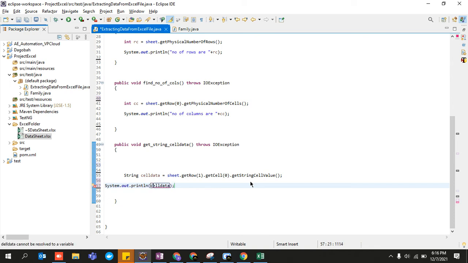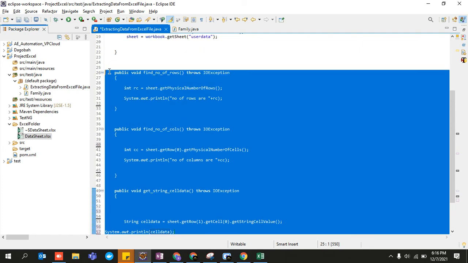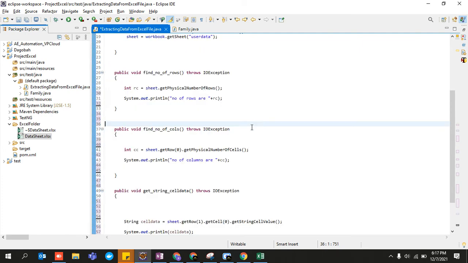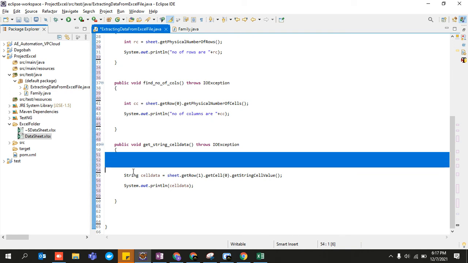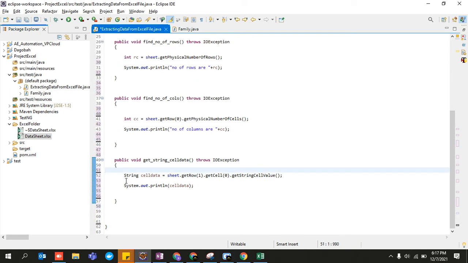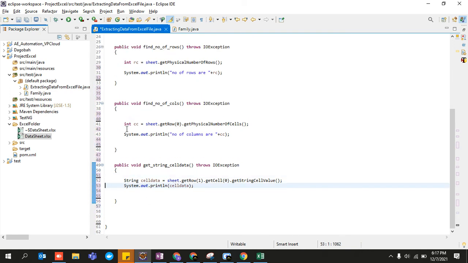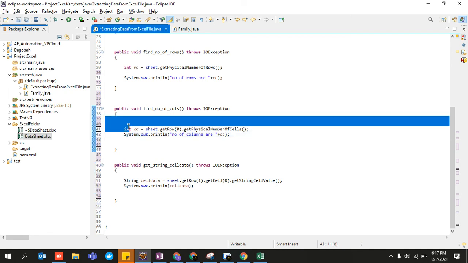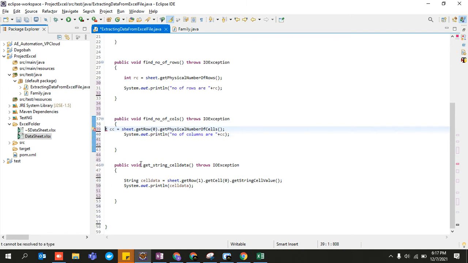Sorry, it's not Dell data, Excel data. Guys, as you have seen, I have generalized this code, and the entire code has been reduced to only two lines of code.